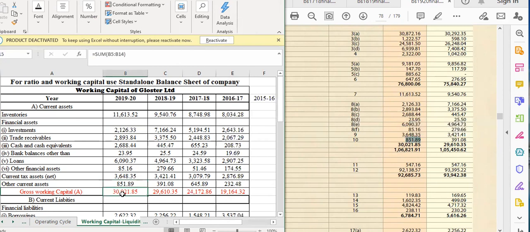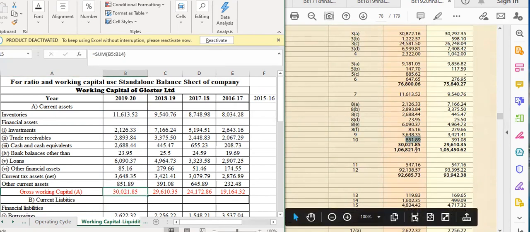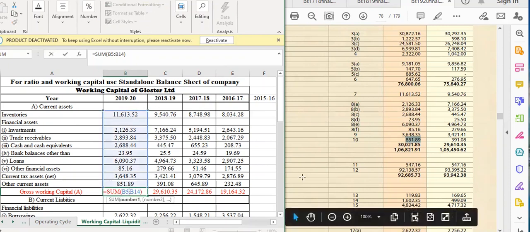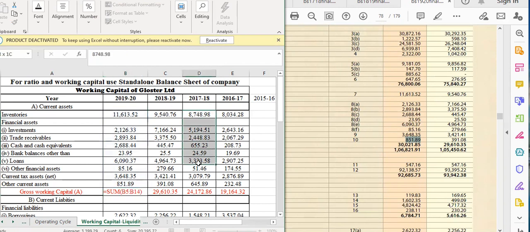Then at the end, for calculating the gross working capital, I suggest you please use a sum function. It will make a total of all the data which you have inserted in Excel. Secondly, when you are copying, sometimes the data gets copied as text, which cannot be used for arithmetical purposes. So I suggest you use the sum function, so you can understand whether something is missing or not, whether the number is in number form or not. Then in the same way you have to copy for the next 2 years.